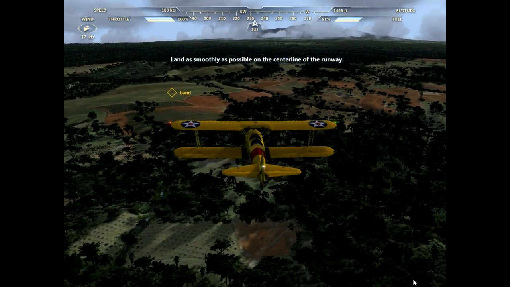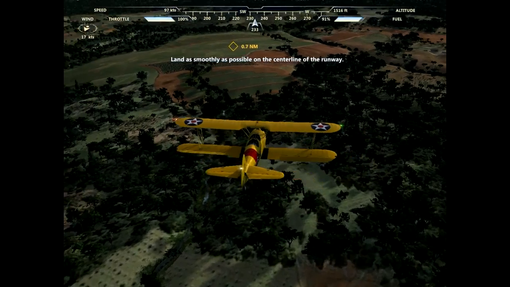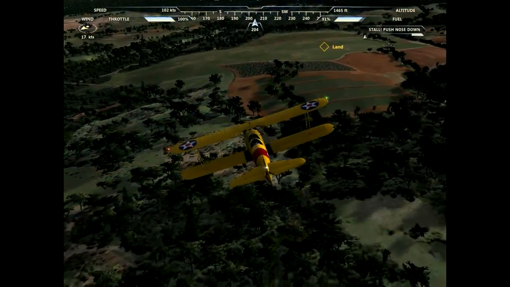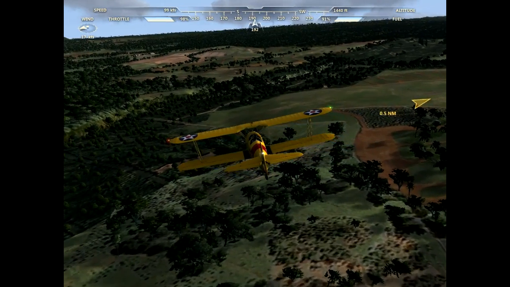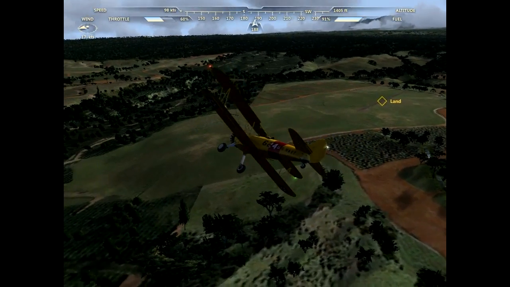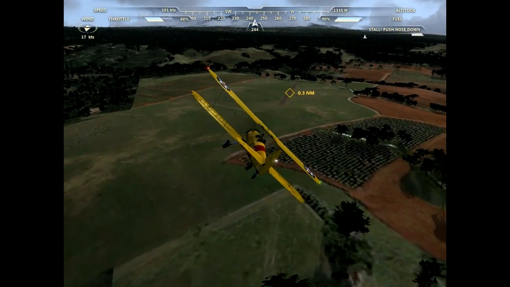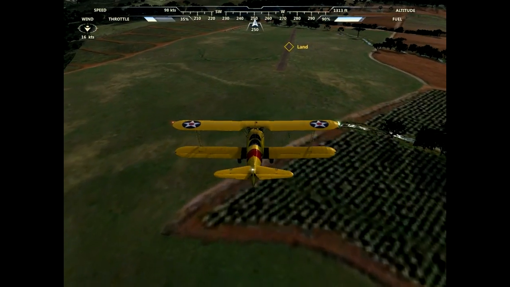Okay, center line of the runway. I can't even see the runway. That's the runway? Oh my god, okay. We're going to take a little loop here so we can approach it from the side. Throttle down a little bit. So far, I'm pretty impressed with my flying. I mean, it's not like I'm tearing it up or anything. I'm pretty sure if there was anybody in my back seat here, they would definitely throw up, but...